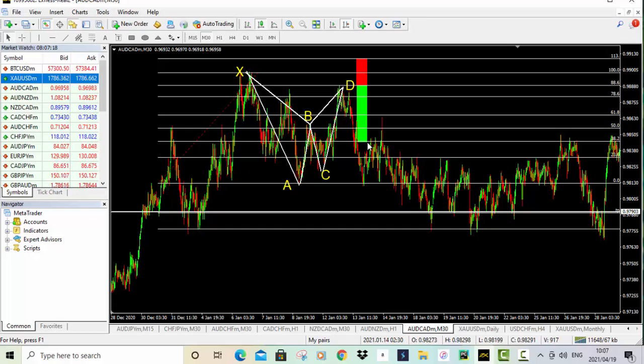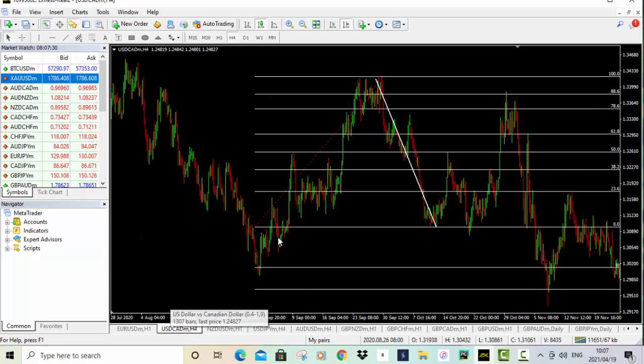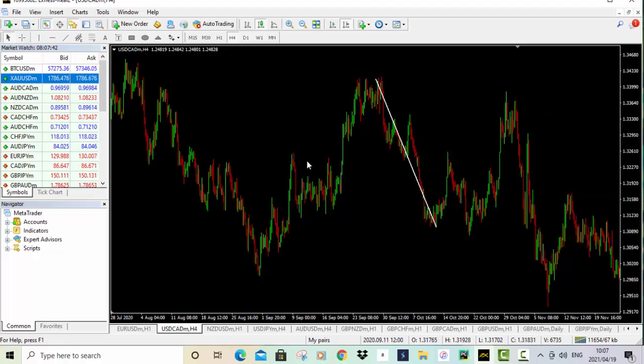USD CAD. Okay, I think it was USD CAD, if I'm not mistaken. USD CAD. Okay, there we go. So now on USD CAD, we can clearly see that we also have another one. Okay, so there we go. Let me just remove this. I need to mark those ABCs, our X, A, B, C, D,